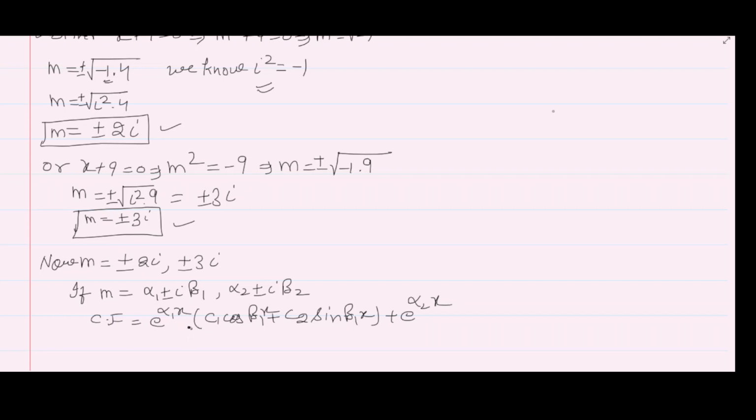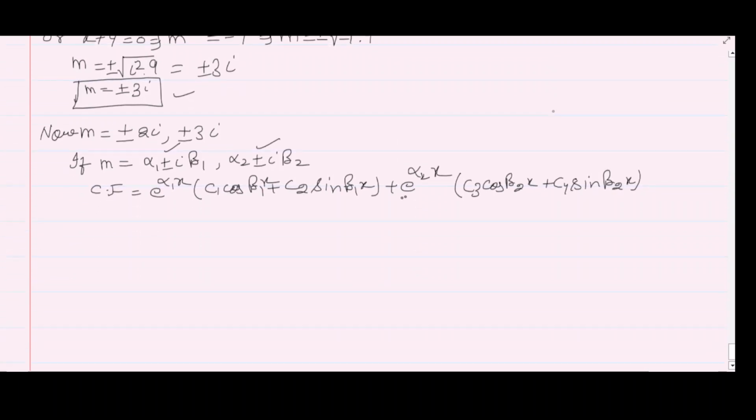Now what we have done here, we have written the solution for the first complex root, alpha 1 plus i beta 1, and now we will write the solution for the second complex root, alpha 2 plus i beta 2, that will be e to the power alpha 2x, c3 cos beta 2x plus c4 sin beta 2x,